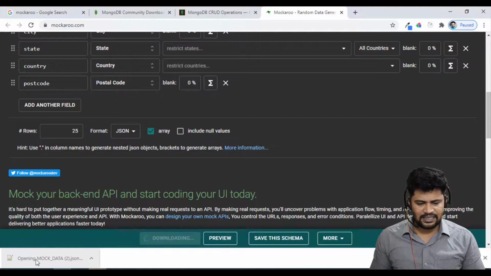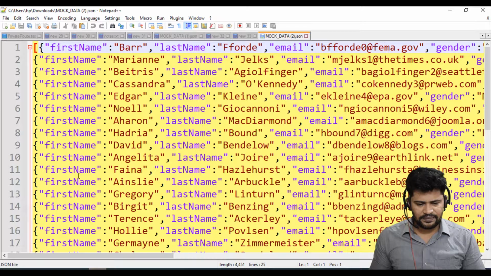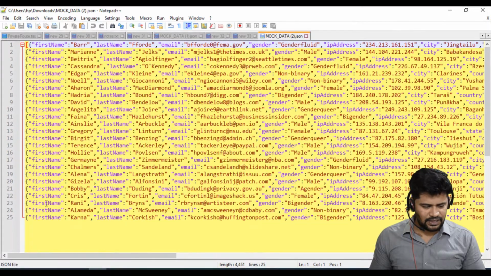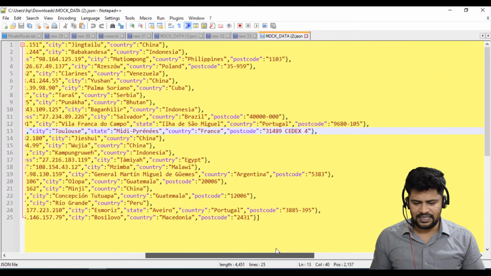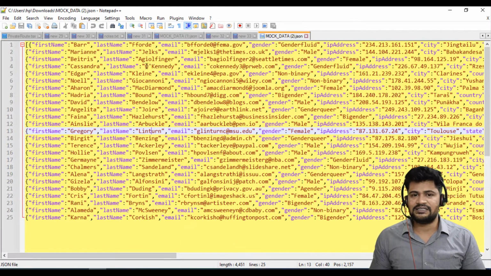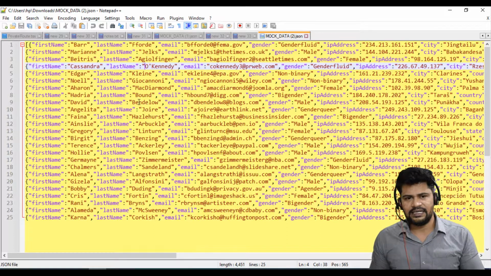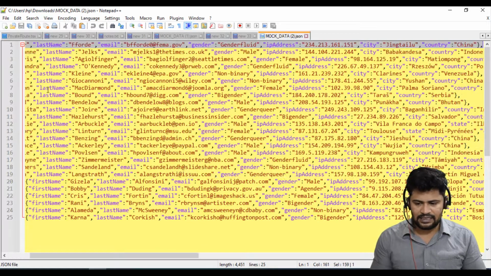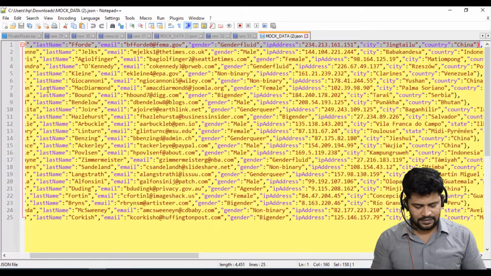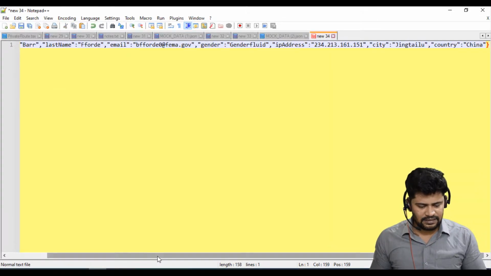If you want to see that, just open it. See, you got 25 records of data, a huge amount of data with all the columns properly generated. And this data I want to insert into the database. First, let me tell you how to insert one record, and then we'll insert multiple records. So the first record I'll take, the first object I'll take, this one.